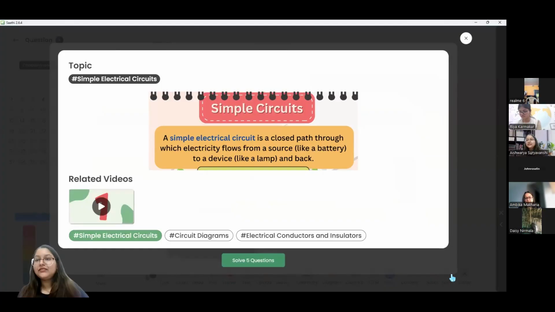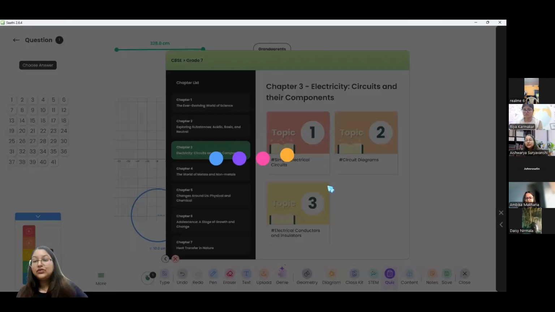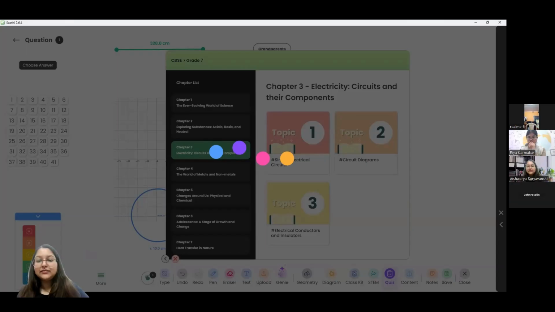Okay. And of course, if you want to save your whiteboard, you have this save option that allows you to save whatever you have annotated on the whiteboard, and you will be able to find it in the library. So let me show you that as well. Now whatever I have annotated in the whiteboard is being saved under my library, and I have an option to share it across different sections.